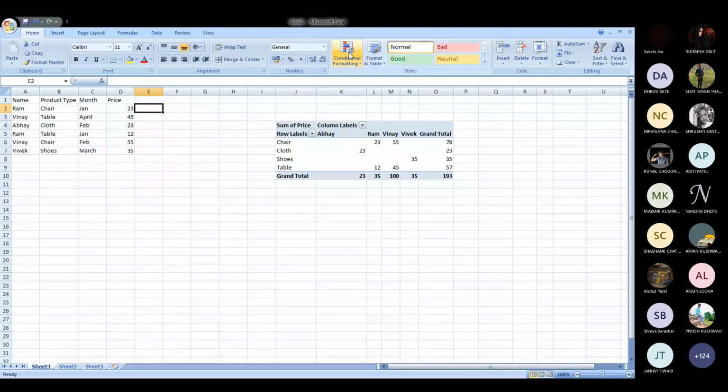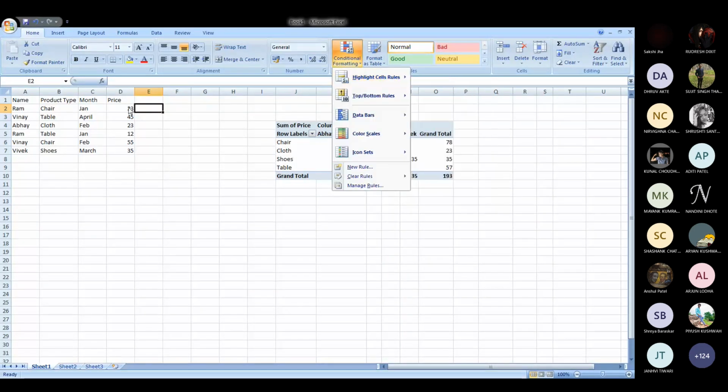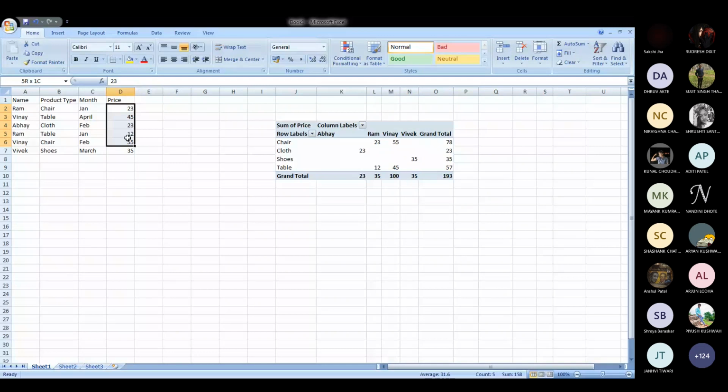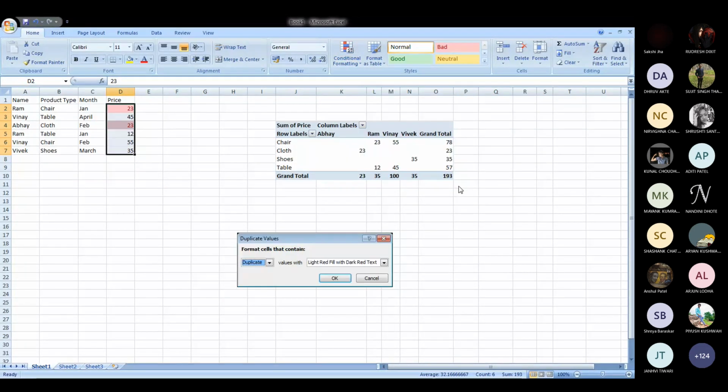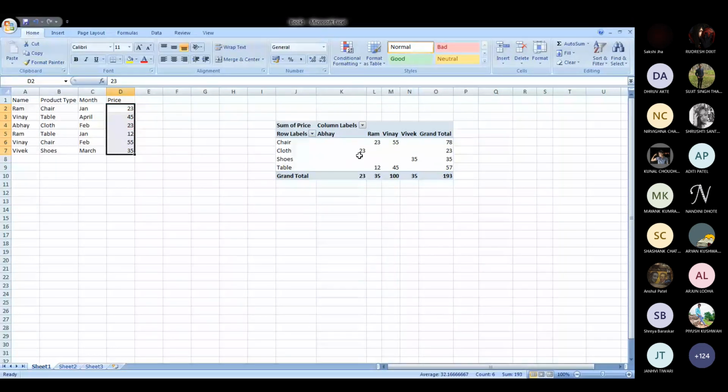And then duplicate values. Suppose I choose this column and then duplicate values. Right now 23 is duplicated, that's why 23 is highlighted. I can choose a different color. So this is the thing.